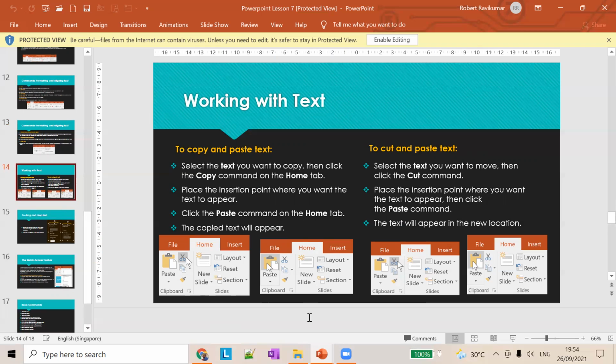Copy means something, text or photo, whatever, can make a copy to another place. Then paste is, the place where you want to copy, click the right button, and after that paste. When you press paste, the copied thing can be seen there.